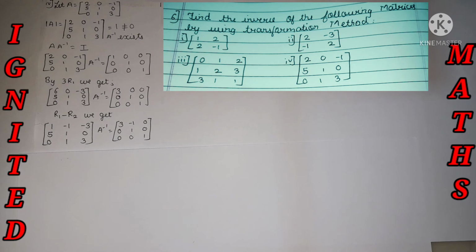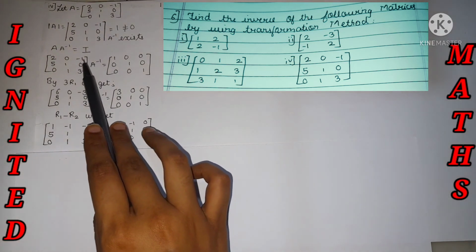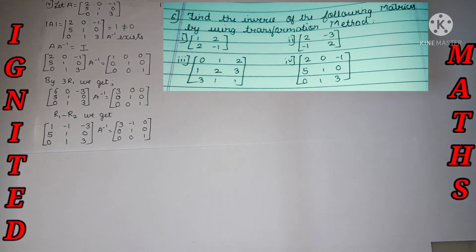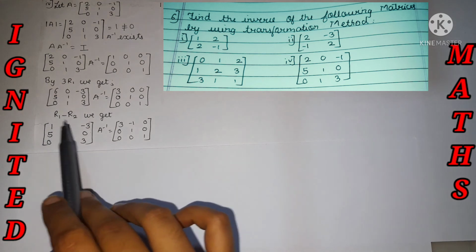As I previously said, divide each and every element by 2. If we do it that way also, we will be getting the same answer. But over here, minus 1 by 2 will become a fraction. Then by doing any calculation, row 1 minus row 2, row 3, over here also we need to do the same, so we may find it a little bit hard. For that purpose we are just doing it over here.